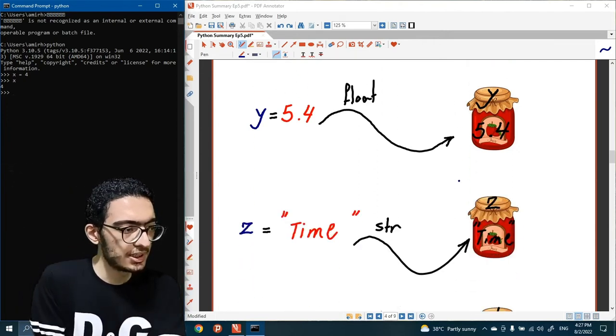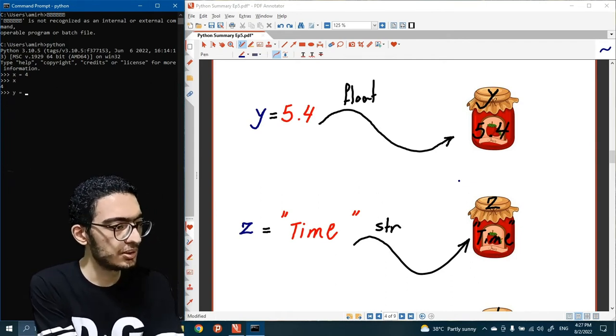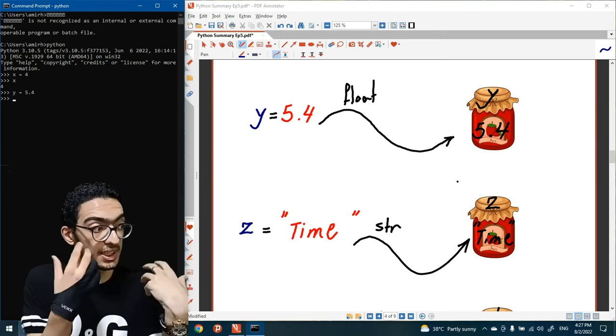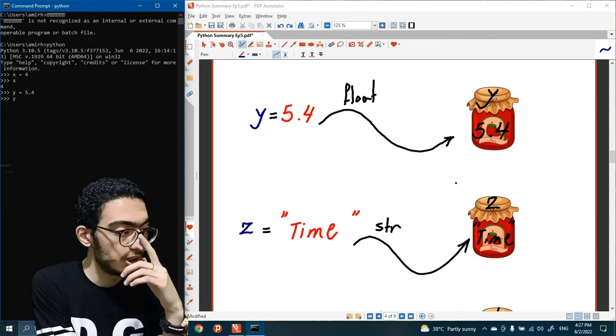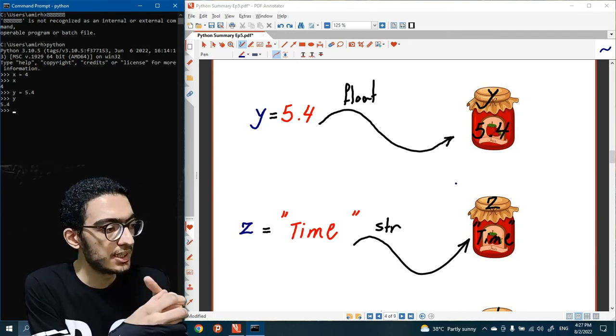Next one is y equals to 5.4, and we want to see what is the value of the variable, and we type y and we press enter, and next one is